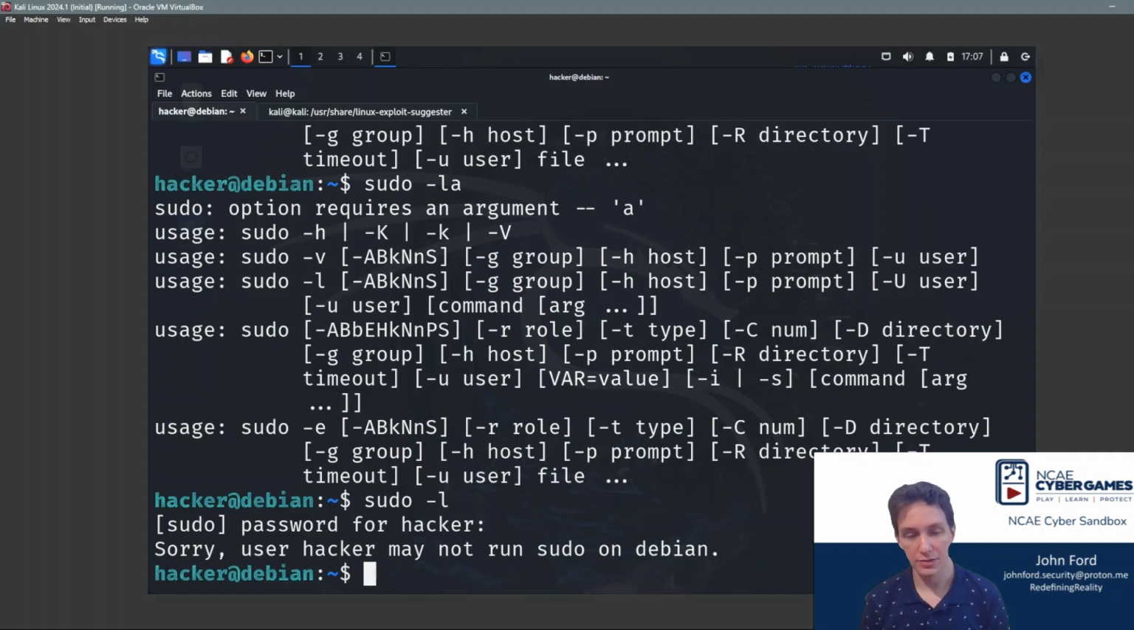Well, another thing I could do is look for world writable files, or look for files that I can write to. Maybe they're not necessarily world writable, but maybe I can write to them. And if those files are potentially affecting how the system runs in some way, then I could abuse that to